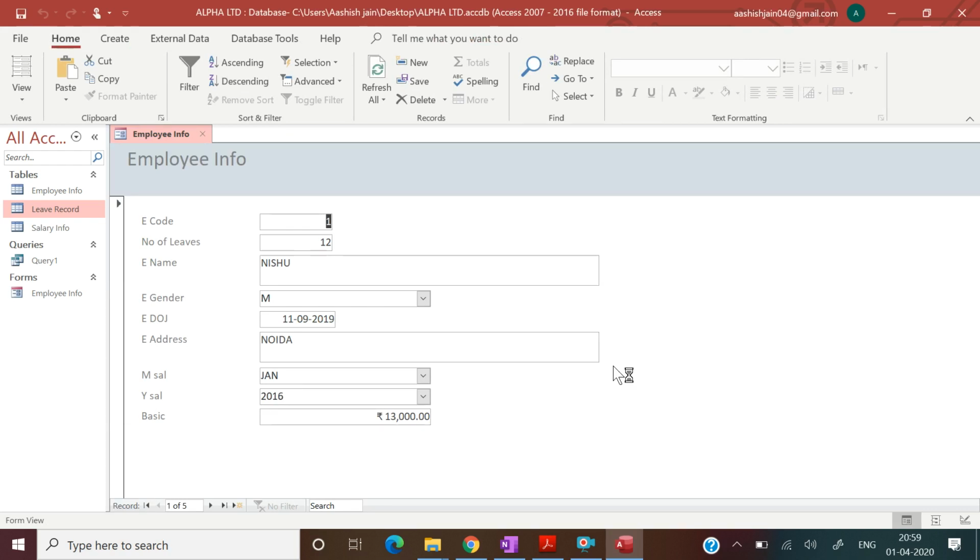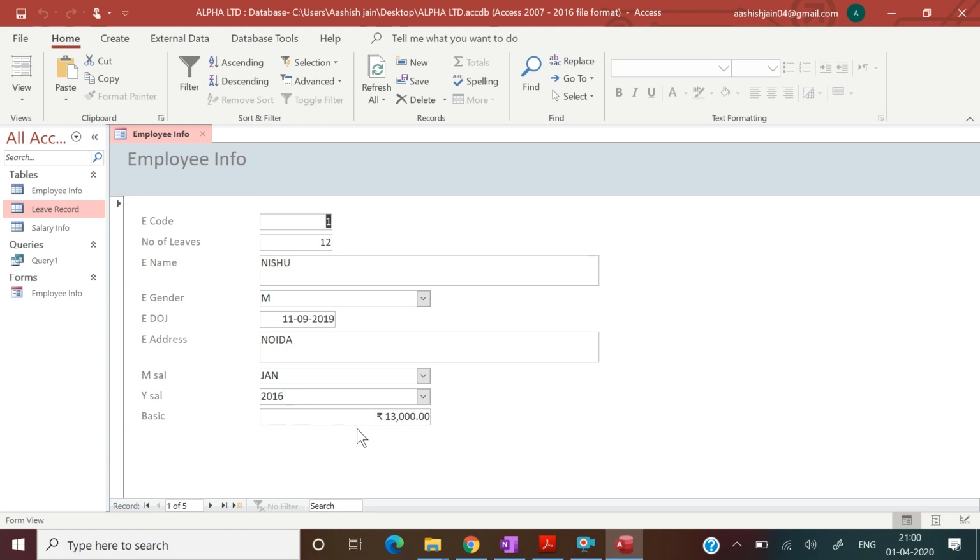Now this is a form. Okay, so that means in that particular form we can get all the information of a particular employee. So for one employee, number of employee he has taken 12. His name is Nishu, gender, date of joining, address, monthly salary and yearly salary.